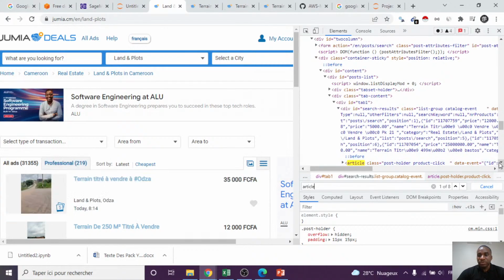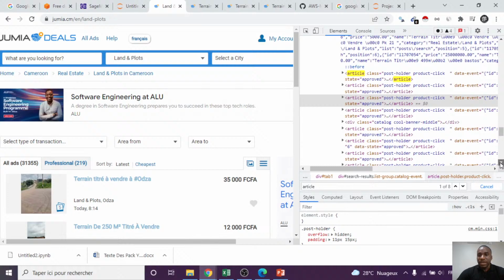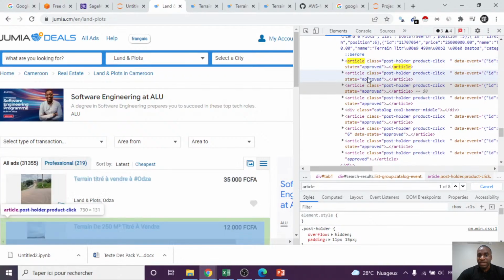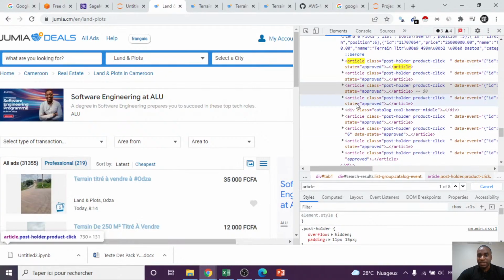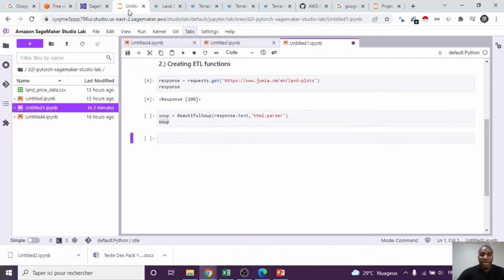Then I see that I have article here, article here, article here, and each of them is each of these. So if I can grab this article, then I can loop through to get the data that I want. So I'm going to go back here, and then I'm going to say,